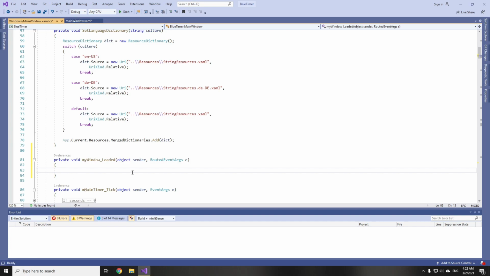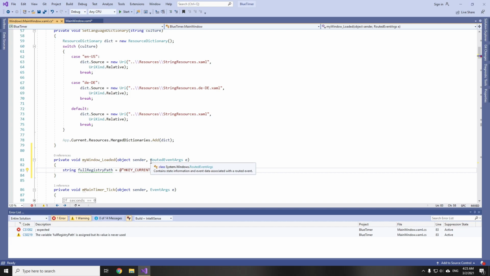So first of all, we will need to access it. So we will need a string. So it's going to be full registry path, and it will be equal to, say, HKEY_CURRENT_USER, and here you put backslash, then software.